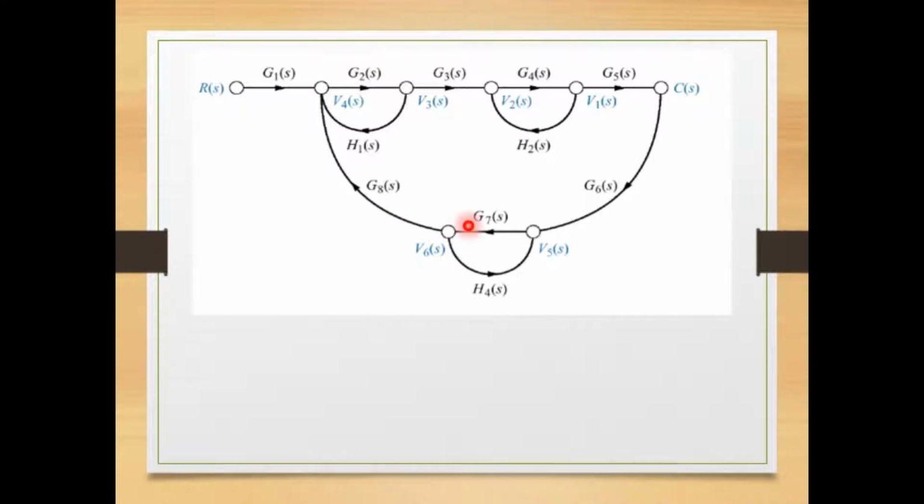If you observe this particular signal flow graph, the signal passes from the input node to the output node along this one direction. Do we have any other direction? No. All these are nothing but the feedback loops. So for this particular signal flow graph, there is only one forward path.